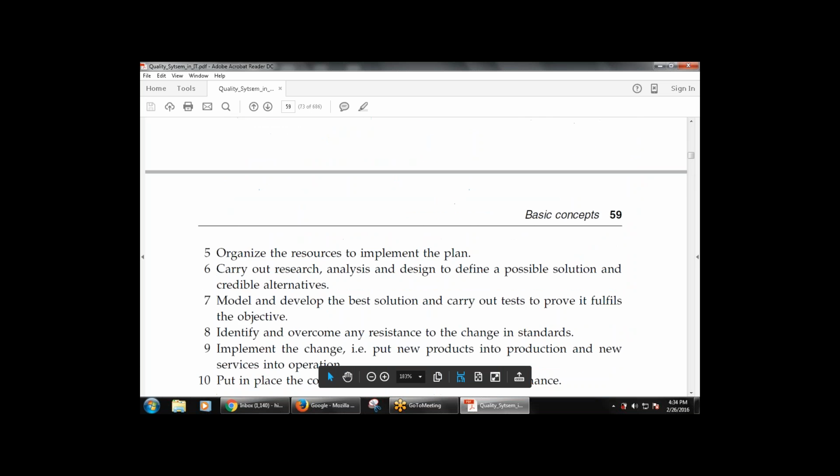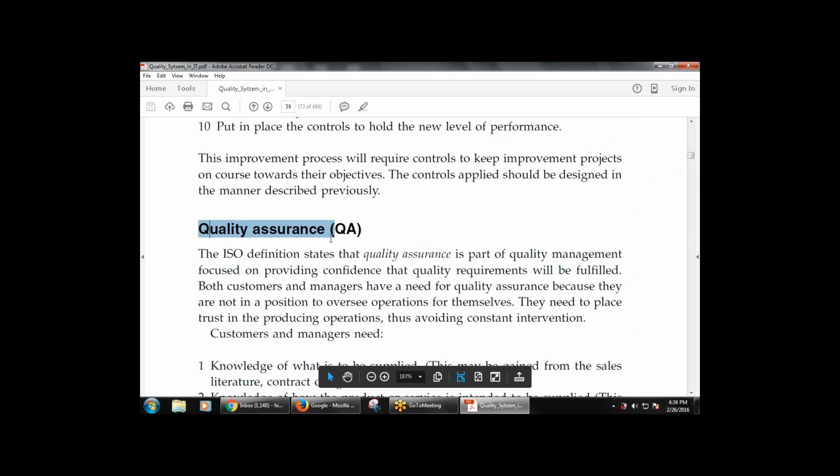These are the various steps by which we can determine this. Then we discussed quality assurance. That means we are sure about the quality. Quality assurance is also a part of quality management that focuses on providing confidence that the quality requirements will be fulfilled. It is a surety, a confidence given that the quality requirements will be fulfilled. That is also part of the quality management system, and both the manager and the customer